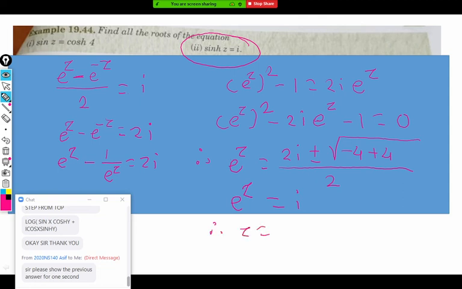So what is z? z is a log of iota. Now remember, it is all roots, so you should take general log. If we want only one root, we can take a principal log. Am I clear? If we want only one root, we take a principal log. We wanted all roots there, so we take a general log. So what is a general log of iota? r is 1, so log r plus i theta. So i theta is pi by 2 plus 2k pi, and that's the answer. Or you can write it in simplified form also. That's one.